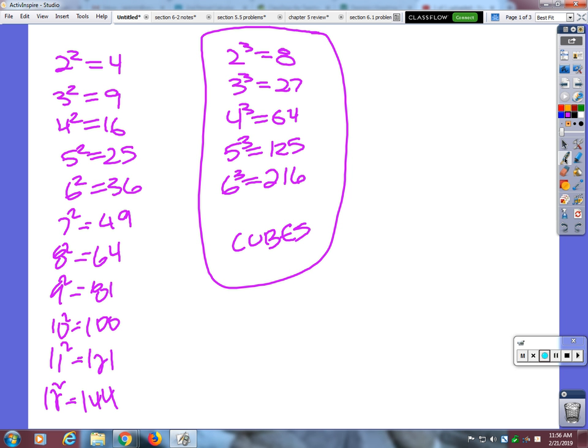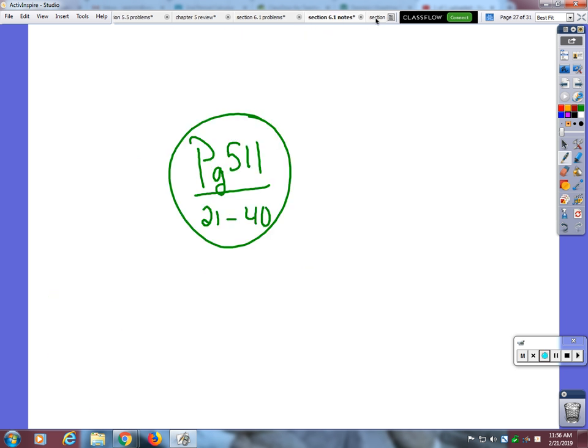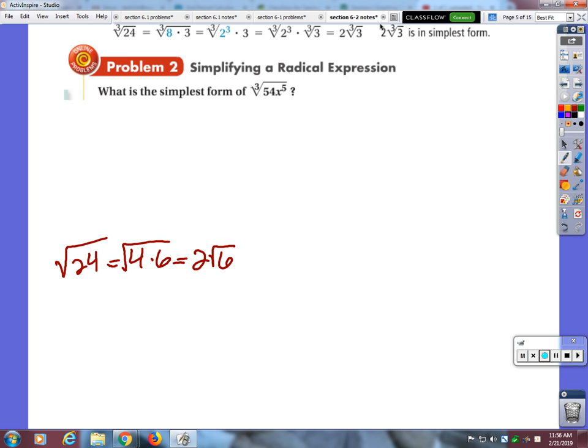Okay, so 8, 27, 64, 125, 216, those are numbers that you know the cube root of, okay? So when we're simplifying cube roots, you're looking for one of these numbers that goes in there evenly. That's a little bit trickier because you guys aren't as familiar with these numbers as you are the other ones. So if I want to simplify the cube root of